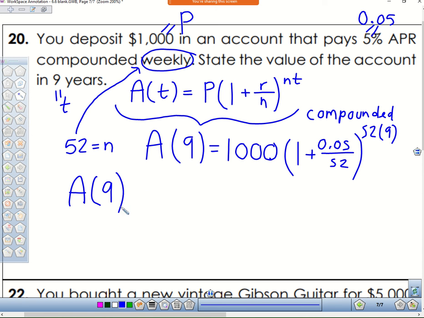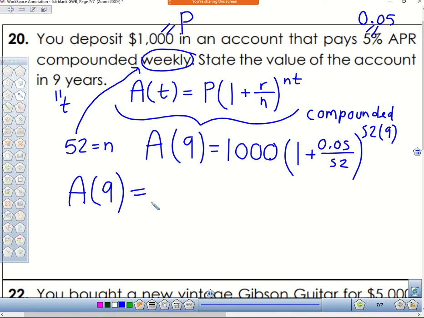So A of 9 is equal to 0.05 divided by 52 plus 1 to the power of 52 times 9